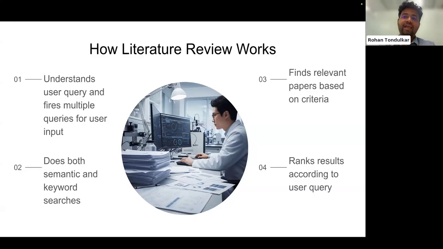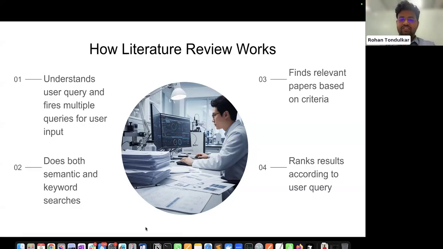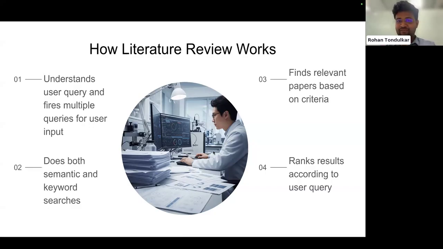Then the final step is to rank all of them to give the best final set to the user, where the user can quickly go through them or look at the summary and all of those things. I hope these things are high level clear, right? You can maybe just type a yes in the chat, saying if you understood whatever I spoke so far.